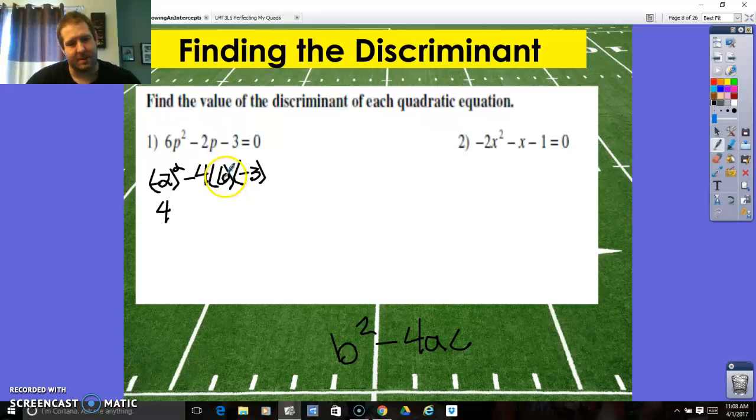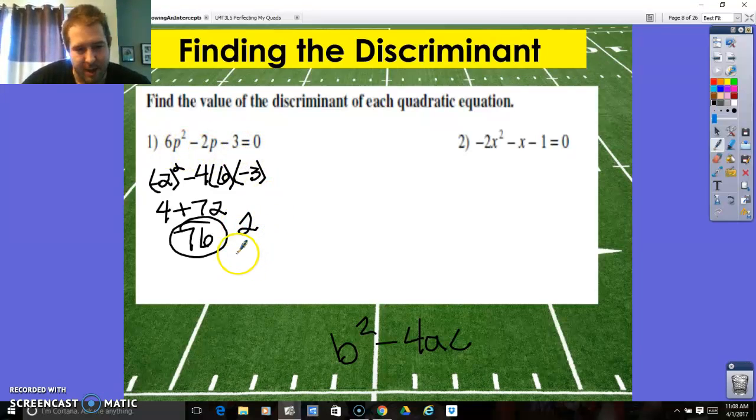Negative 4 times 6 is negative 24. Times negative 3 is positive 72. So now we do our simple addition. That tells us that the discriminant is 76. Now, what that tells us is that this equation has two real answers. It could have some imaginary answers as well, but we do know it has two real answers because 76 is